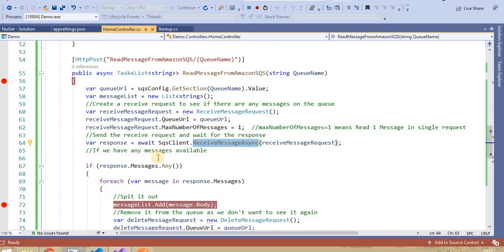The next video will be on how we can use SNS and SQS in combination. Then it will be on DynamoDB, how we can configure the local instance of DynamoDB and how we can put items in the DynamoDB table, then Lambda function with Python, and Lambda function with API Gateway, and how we can invoke the Lambda function from C#.